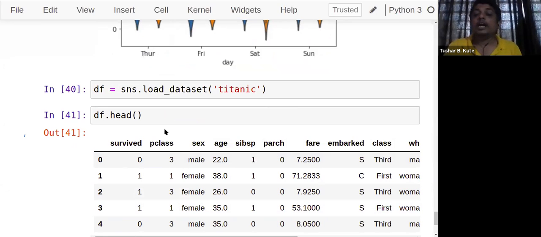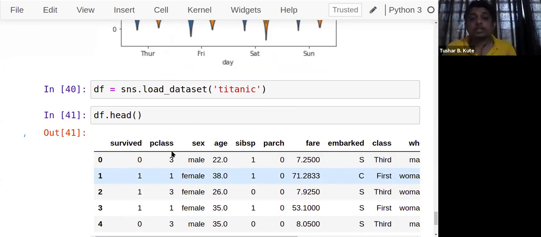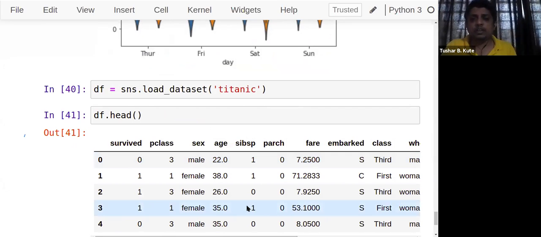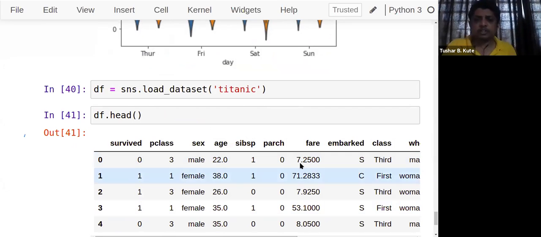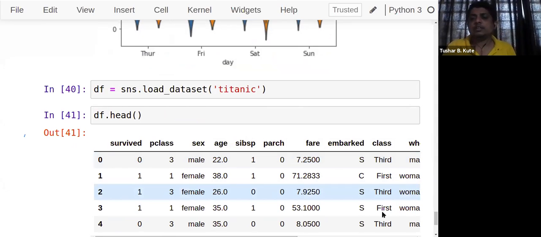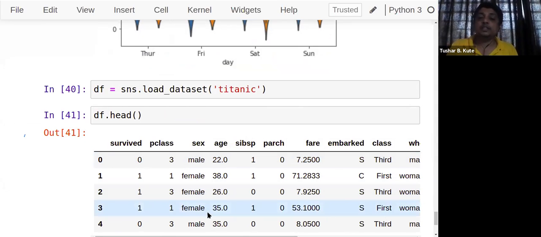Here, and its information is mentioned there. What is that? Passenger class, sex, age, sibling, spouse, parch, fare, embarked, class, gender, like all of them are mentioned here in the Titanic survival data set. Okay, so those who have survived, survived is the output variable here, whether yes or no, survived or not, based on the class, sex, age, and many more different kinds of parameters that we can see. Fine.